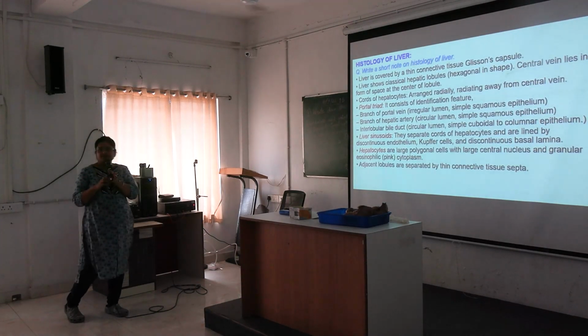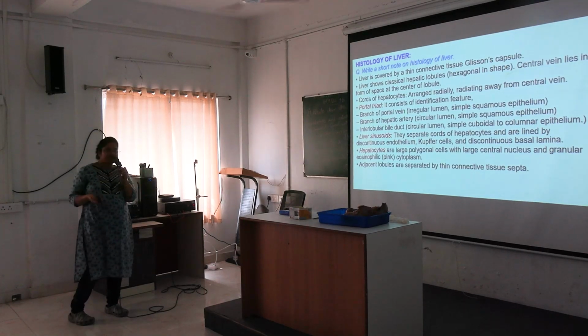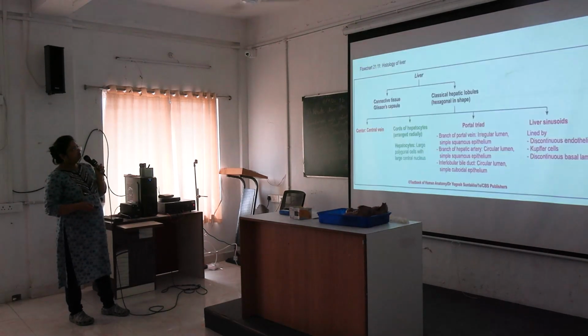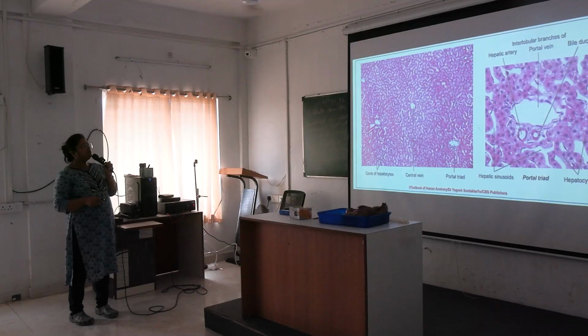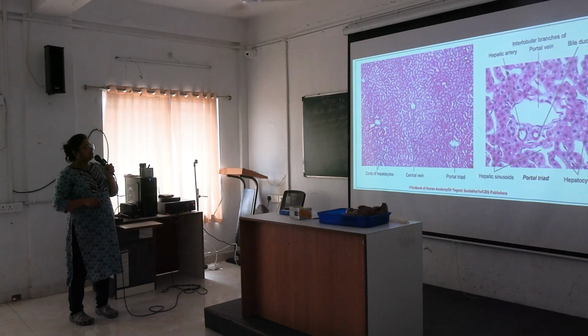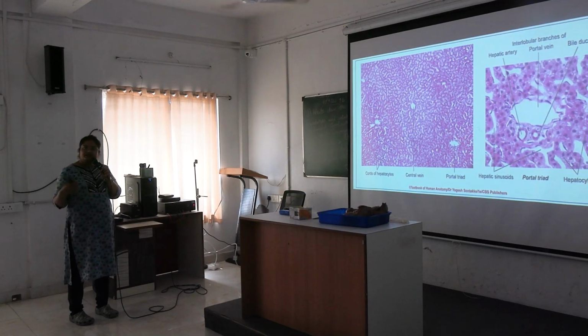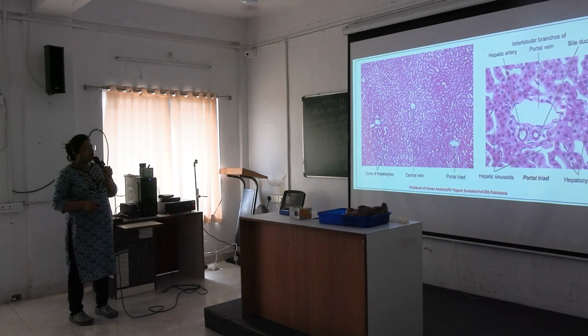Histology of the liver is also important. Histology we will discuss in the histology class. These are hepatic lobules, centrally the central vein. These are the hepatic cords. In between the cords, these white areas are the sinusoids. And this is the portal triad. You will get branches of the portal vein, hepatic artery, and the bile canaliculi, bile ducts. Hepatic triads have been enlarged here. This is the portal vein, this is a branch of the hepatic artery, and the bile duct.